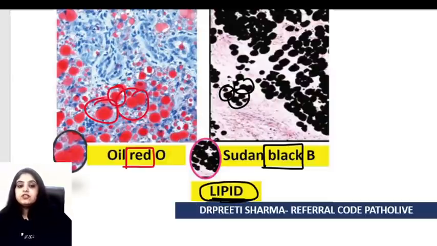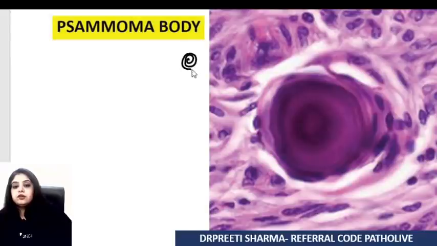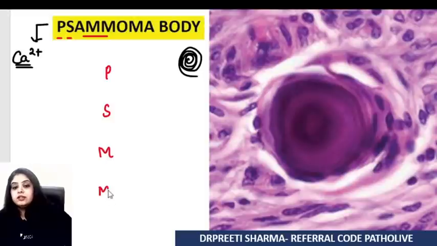The next image that we have is one of the most famous images in the entire subject. It's a blue color body, again going round and round. It's very famous for its concentric lamellations, and that's a psammoma body. Primarily, what is it made up of? Psammoma bodies are made up of calcium. And I think it will not be right on my part if I move ahead without discussing the main causes that come in the MCI exam for the psammoma bodies. I cannot miss this theory, although it is an image revision.